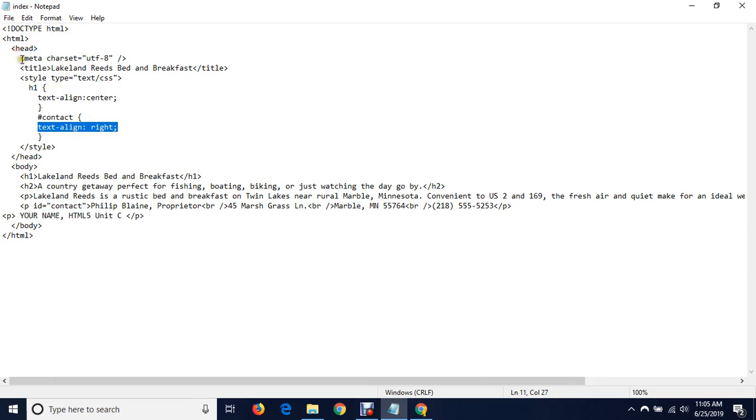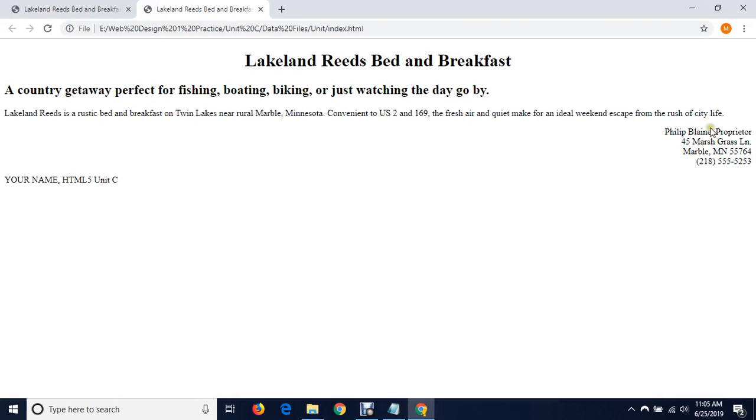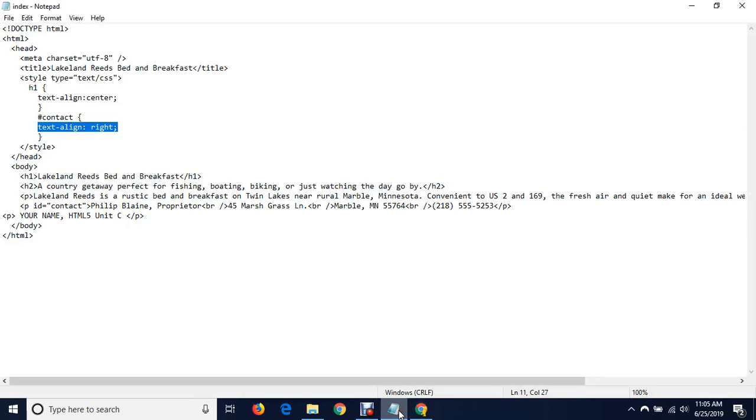File, Save, and then open up your index to view it as a website. Now you can see our contact information is to the right. Okay, go back into your notepad,